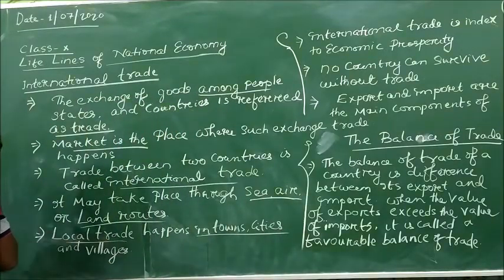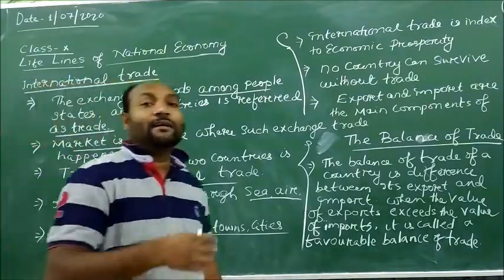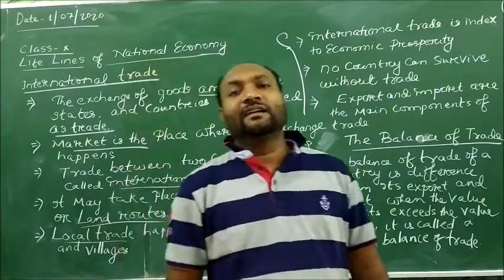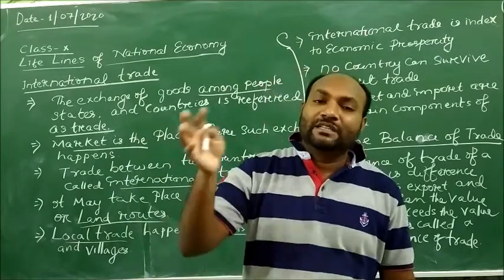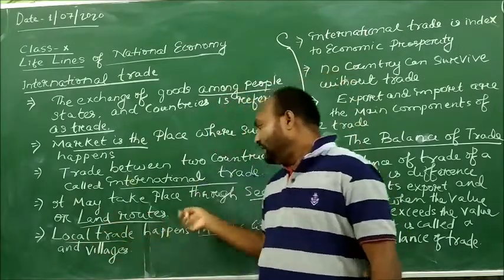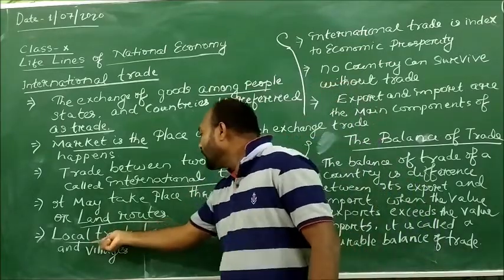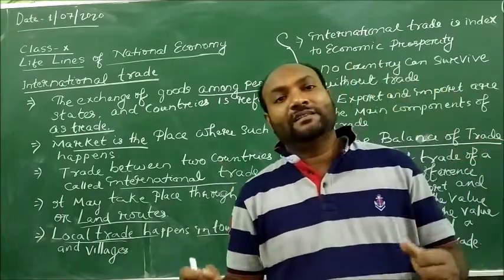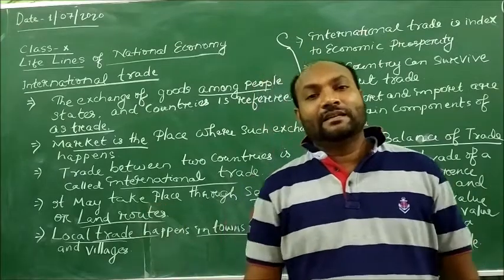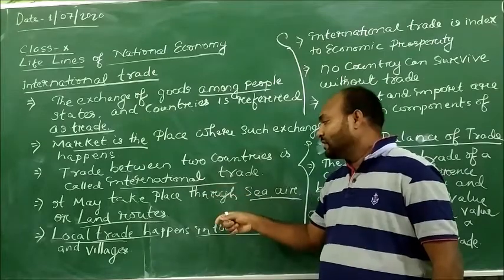So dear children, already I have explained to you about local trade. Local trade basically takes place in villages, towns and cities, and here the people are selling their commodities and goods. They are doing commercial activities and prospering in business, so they are doing different kinds of things in order to be prosperous in towns and villages, and we call it local trade. In local trade, they are selling their commodities, sharing their goods, doing the business activities, and that is referred to as local trade.